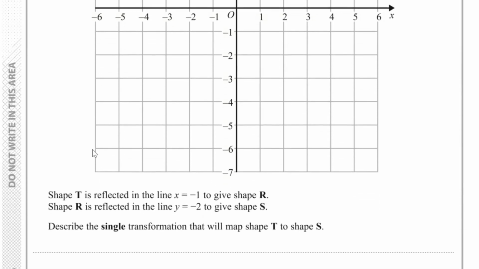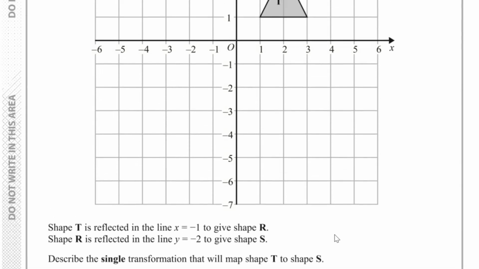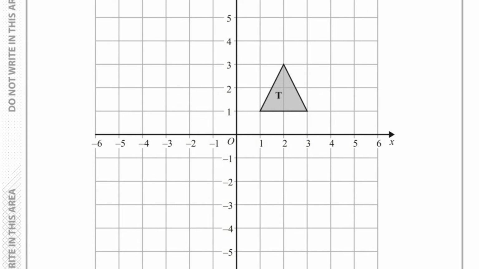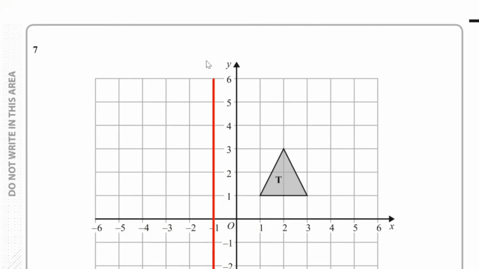Question number 7. Shape T is reflected in the line x equals -1 to give shape R, and then shape R is reflected in the line y equals -2 to give shape S. We have to describe the single transformation that will map shape T to shape S. Well, let's begin by reflecting in the line x equals -1. Here we have the line x equals -1, and if we reflect shape T to give shape R, then